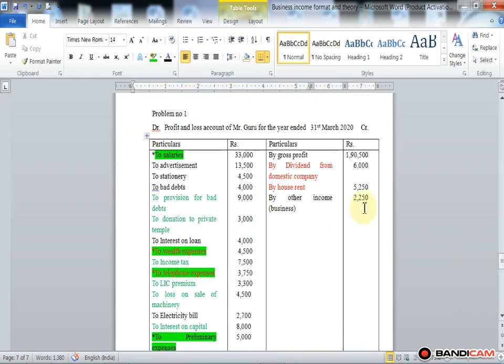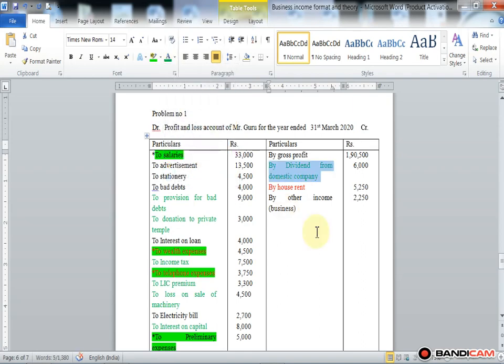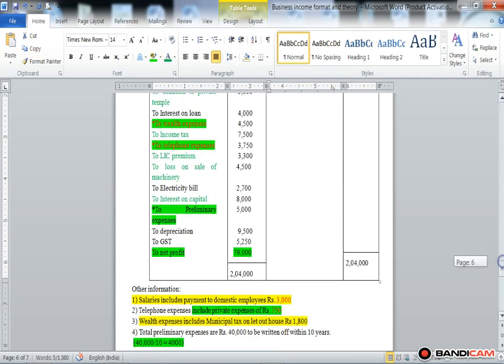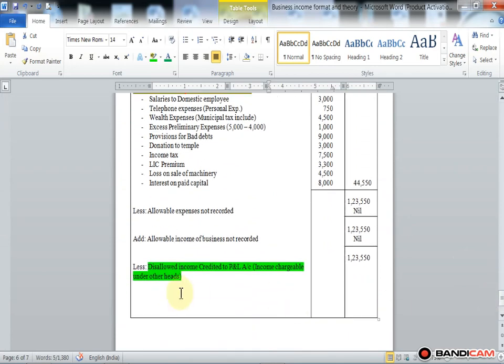So here we find out some income related to other sources, that is dividend received from domestic company. It is an other source of income. So the other source of income is deducted